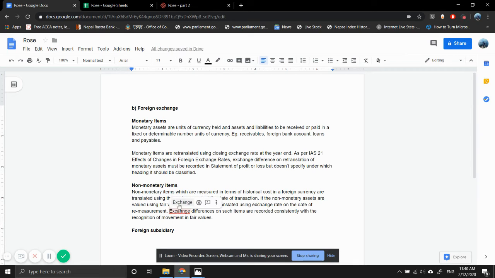So it basically means that whatever the exchange difference is, by that amount that particular asset will increase. Okay, so for example,